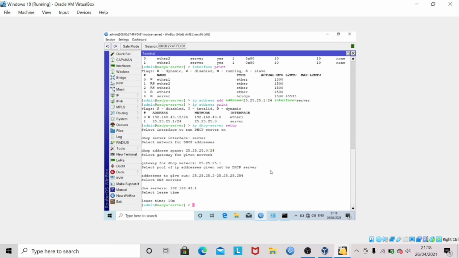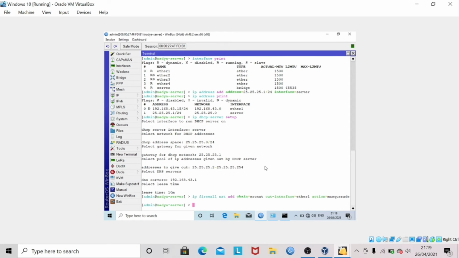Next, in order for the router to be connected to the internet, we must configure the firewall NAT using the command ip firewall nat add chain=srcnat out-interface=ether1 action=masquerade.